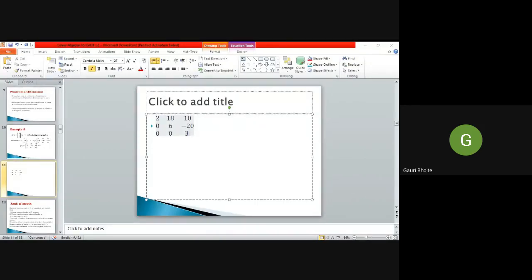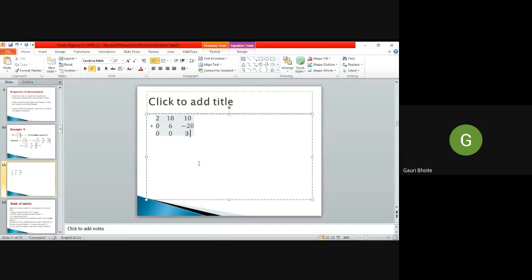Yes, Snehal. Yes, many of you gave the correct answer. If the matrix is diagonal, or upper triangular, or lower triangular, its determinant is the product of the diagonal elements. So here again it is a triangular matrix, so its product is 6 into 2 into 3, or 6 into 6, 36, right?